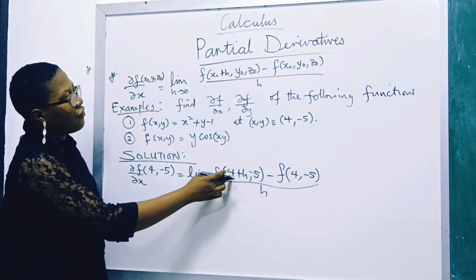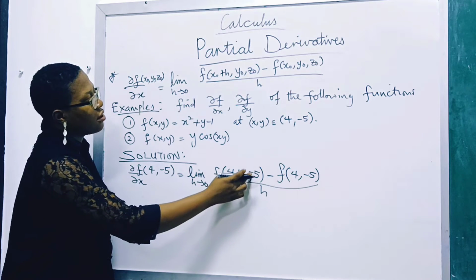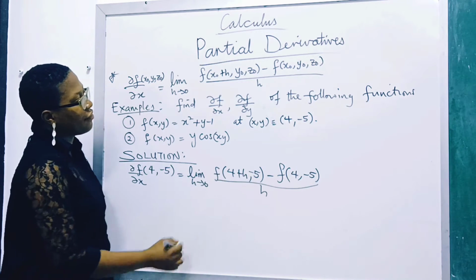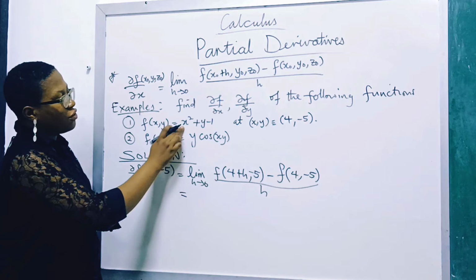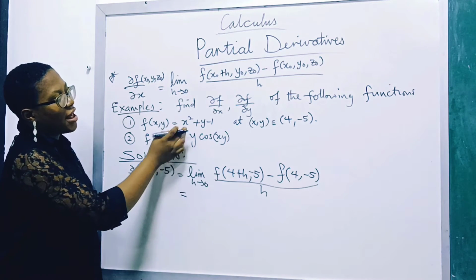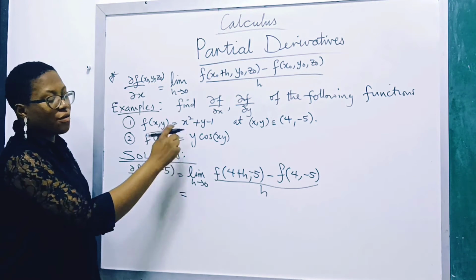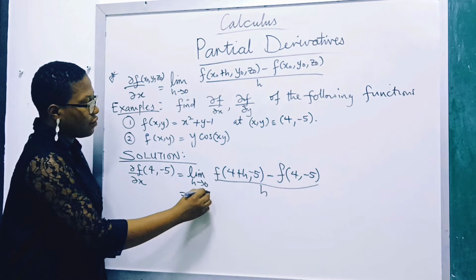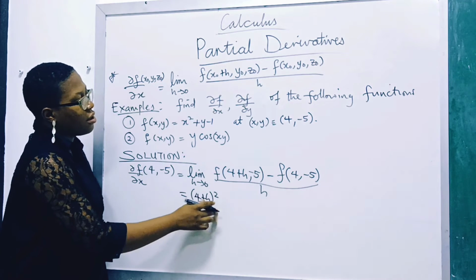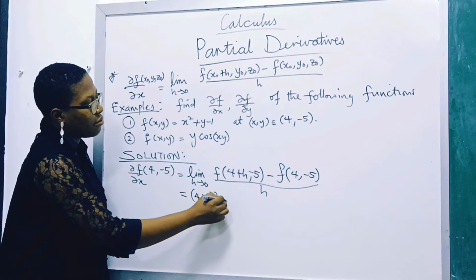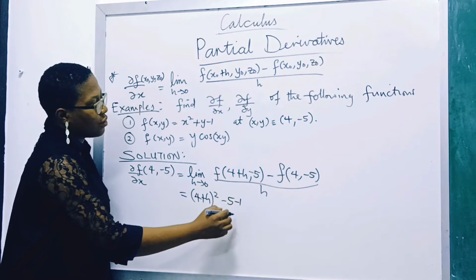What is f of 4 plus h, comma, minus 5? I'm going to plug it here. Anywhere I see x, I'm going to put 4 plus h. So I have 4 plus h squared plus y. What is y? Minus 5, minus 16